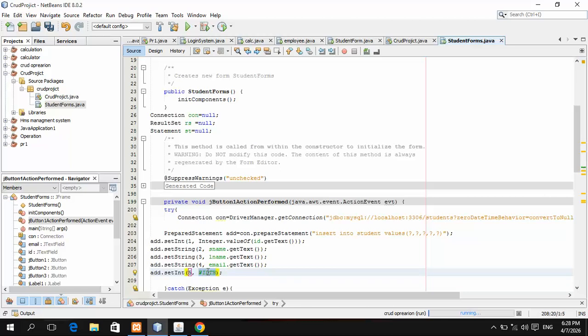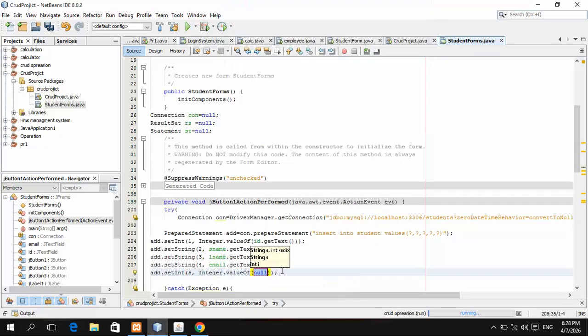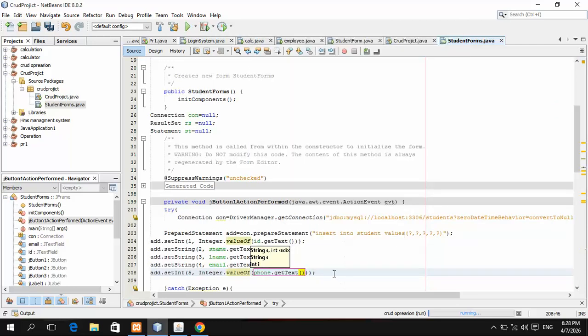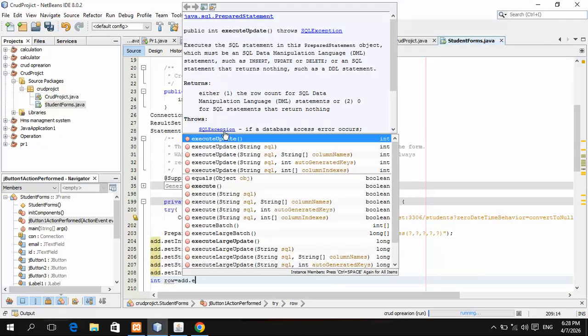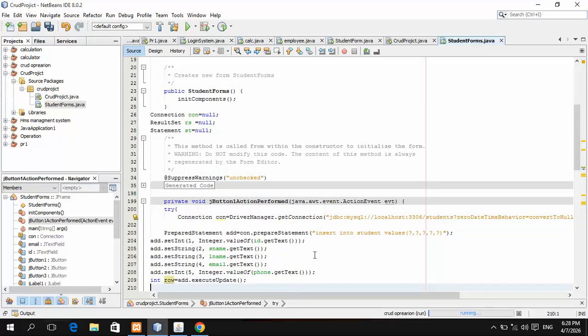In here, for example, Integer dot valueOf, which one do you want? For example, phone dot getText. So after this, we will get another variable, integer row is equal to r dot executeUpdate semicolon. And I want to give some message.